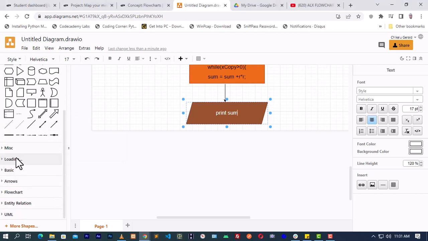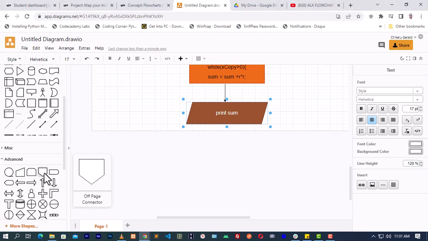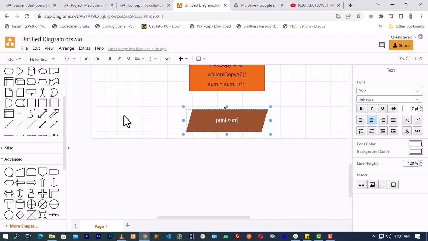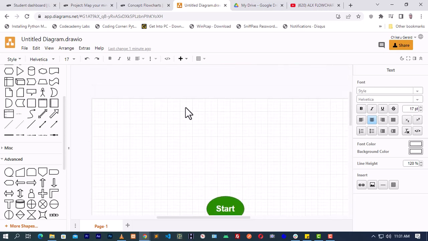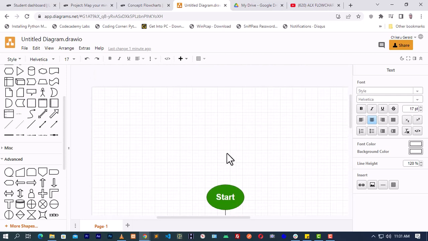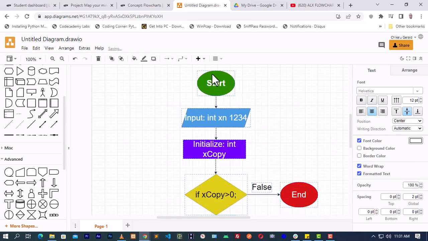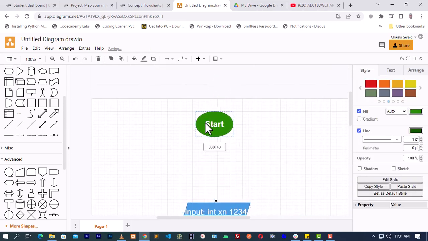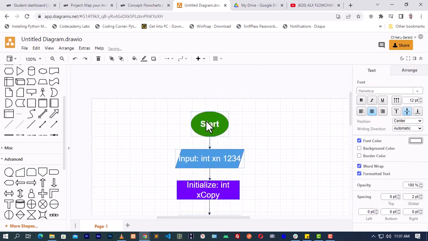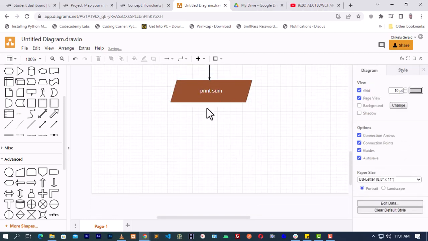So as you can see now, this worksheet here is filled up. I even have space here. I'm not gonna even do this. Let's try to highlight this and drag them up so that you can have room. Oh no, highlight everything, drag up. Okay, we now have room for our last diagram. Now the last diagram is going to be the print and the end of the program,